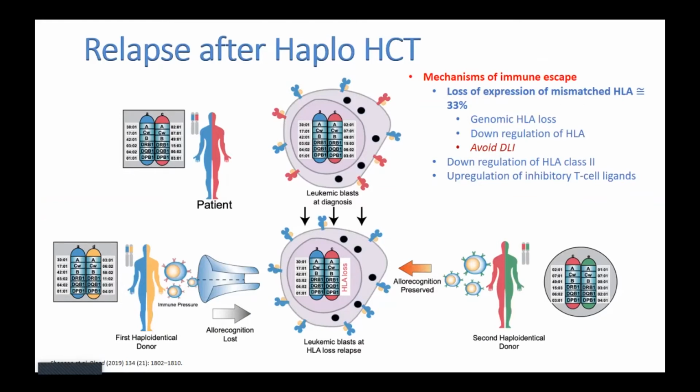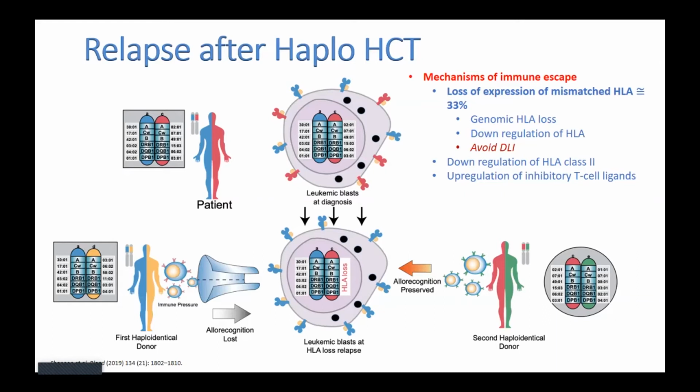This cartoon nicely explains this. This patient's two HLA haplotypes are shown in blue and red. The first donor, which is depicted on the left lower side in blue and yellow, shares a common blue haplotype with the recipient and a distinct yellow haplotype. At relapse, the leukemic blasts lose the mismatched red haplotype, which results in loss of the cell surface expression of